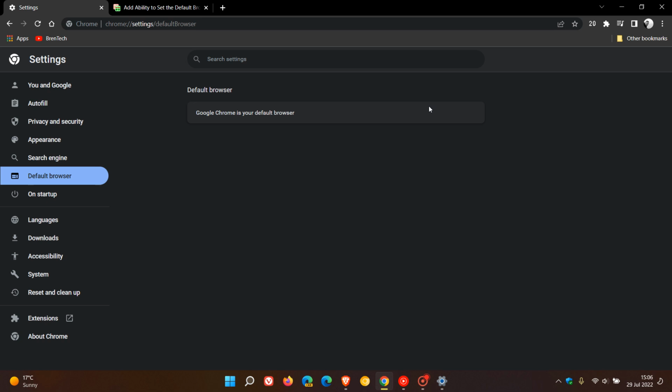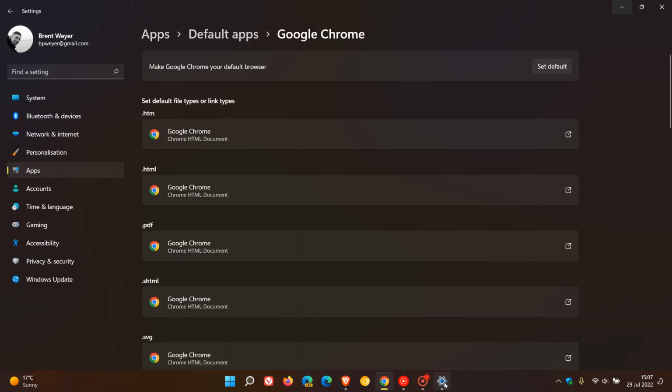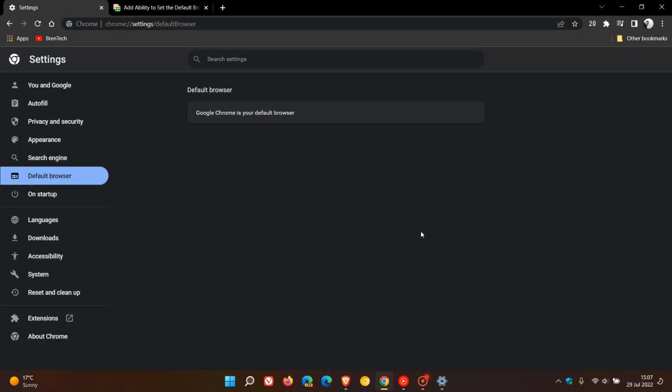see a little tab and switch called set default, and when you click on that currently, it will direct you over on both Windows 10 and 11 to the default apps page, where you will have to set the browser and change the browser to your default web browser using the Windows settings on the default apps page on both Windows 10 and 11. Now, this change was spotted over on Chromium Gerrit,